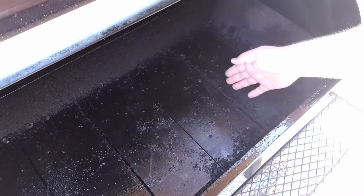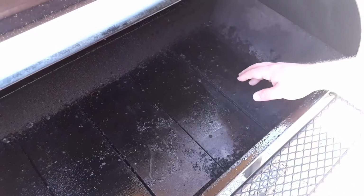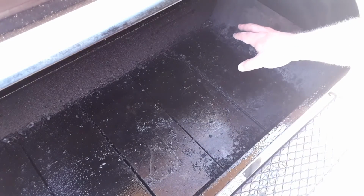What it does now is it forces all that heat and smoke underneath and then out through to the chimney. The smoke can still come up through here because I leave gaps between each of the plates to let smoke come up and through, but that evens out the temperature from the firebox side all the way to the chimney side. So now I can get a temperature as close as between 5 and 10 degrees from this side of the cooking chamber to this side, which normally, if you don't put these plates in here, you'll see this side could be 50 degrees hotter than the other side, as much as it could be more,